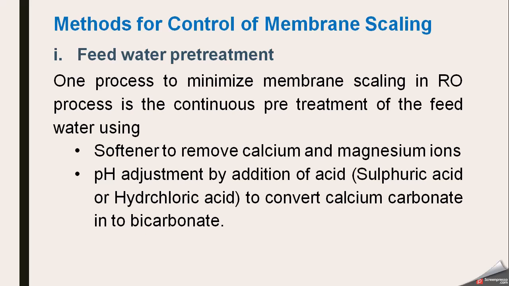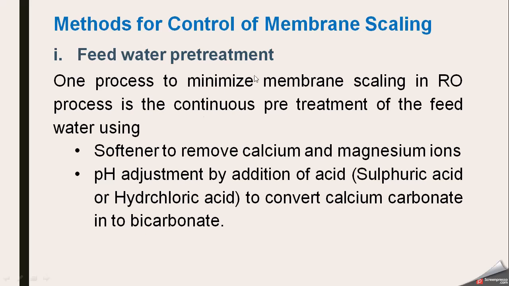These are calcium carbonate, calcium sulfate, you can say calcium salts or magnesium salts or strontium salt, and silica. If we remove these calcium and magnesium salts, we can control the scale formation on the membrane. So we will install a softener in the pre-treatment setup before water enters the reverse osmosis. The softener removes the calcium and magnesium ions, so the tendency of scale-forming salts is now reduced.